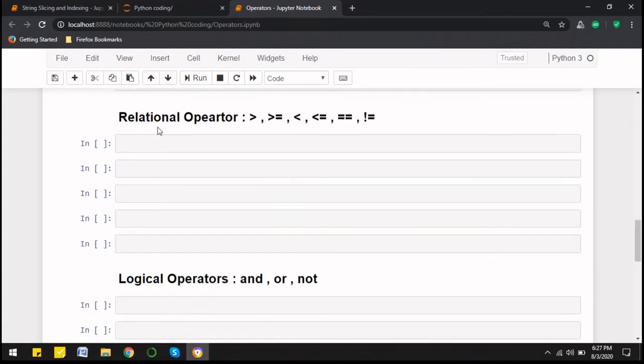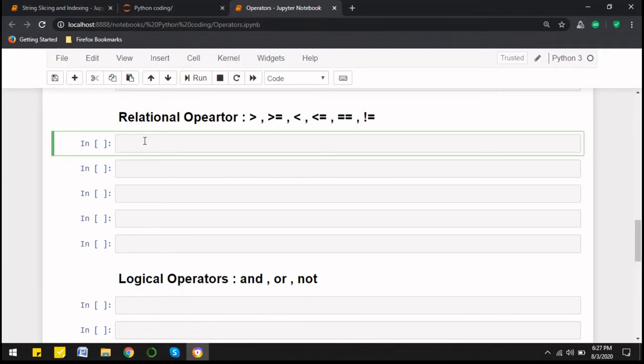Now coming to relational operator. What do you understand by relational operator? When we have two variables and we need to compare them, or let's say we have two numbers, we have to find out which one of them is greater. A simple example of this is, let's say we have two people, person A and person B, and we have to compare the height of these two persons. What will be the different relations? A can have a bigger height than B, or A can have a smaller height than B, or both can be equal, right? Or both may not be equal.